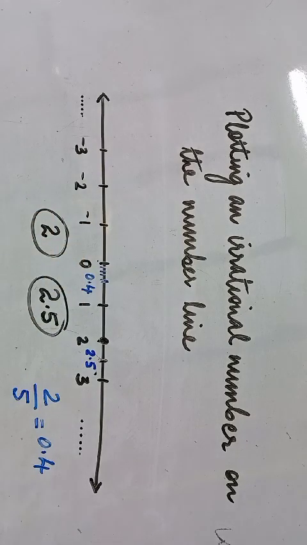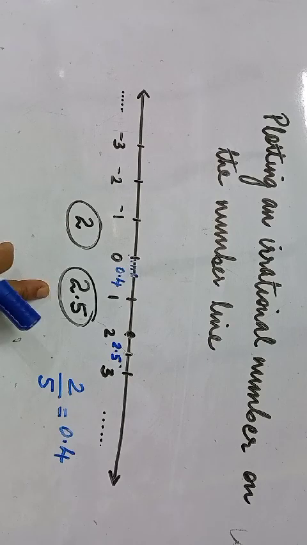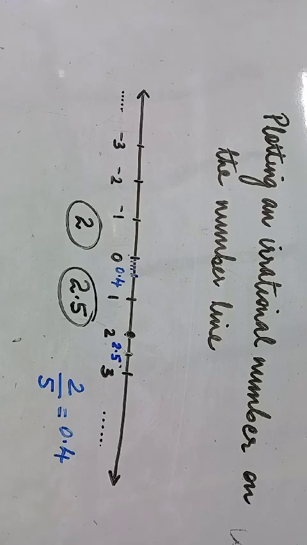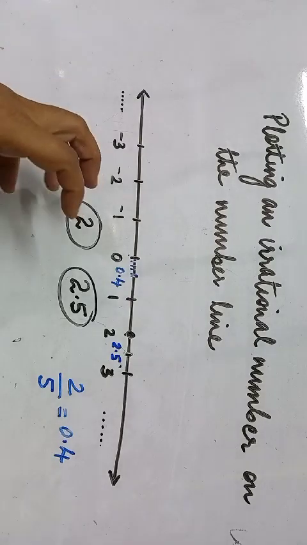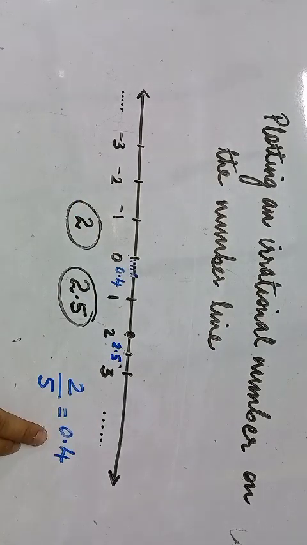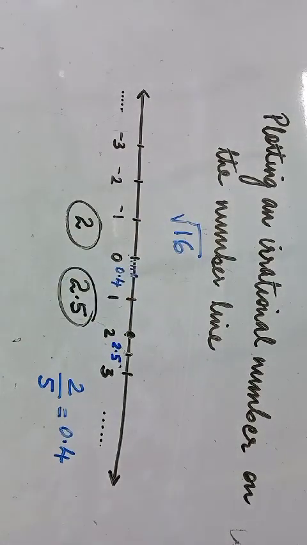So what I'm trying to tell you here is that whenever we take numbers like these, 2, 2.5, 1, -2, 2 by 5, -1 by 5, these numbers can be very easily plotted on the number line. This is a natural number, this is a whole number, quite clearly visible on the real number line. Similarly, a decimal number which is not too long, which is terminating at the first decimal place, is also relatively easy to plot. Similarly, suppose you have